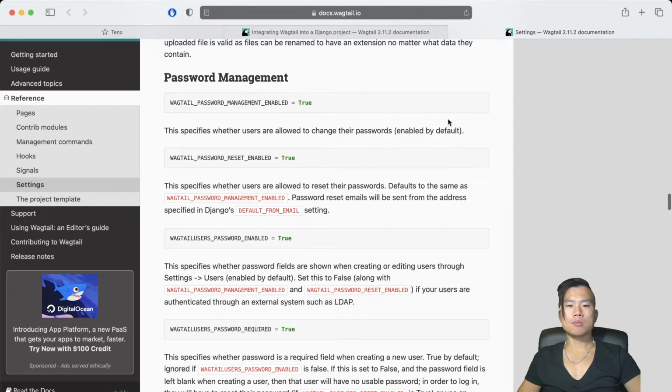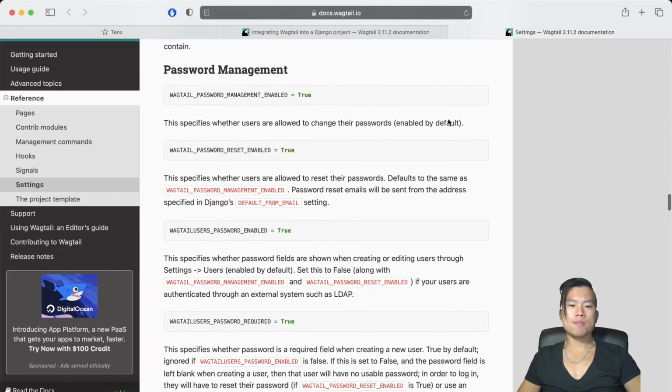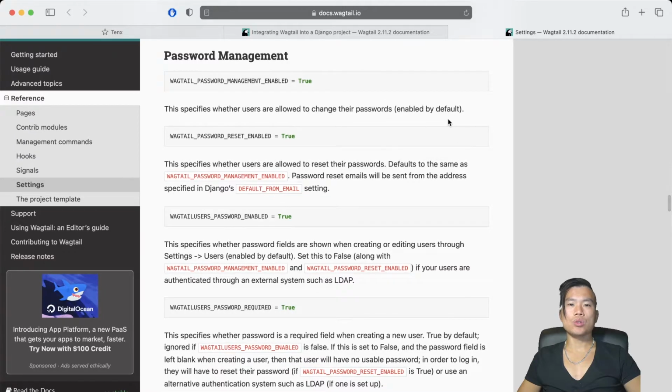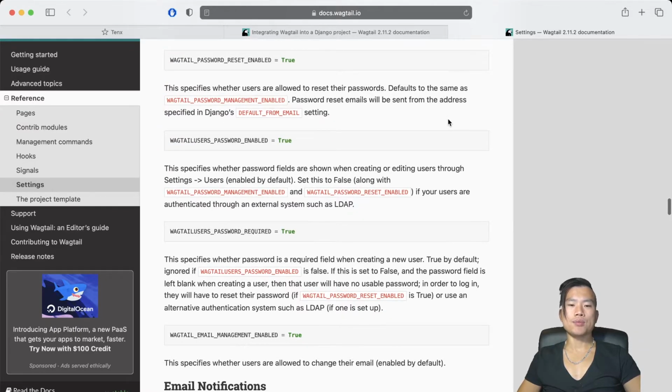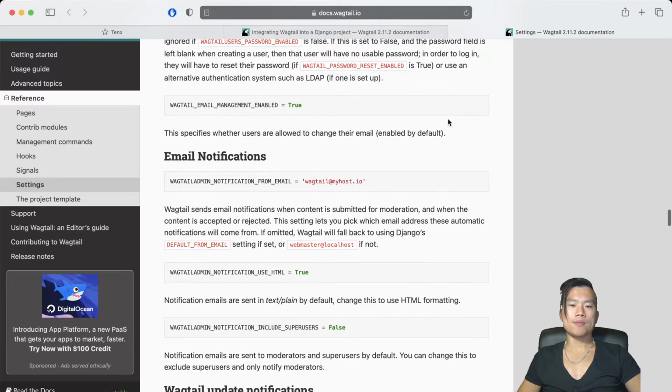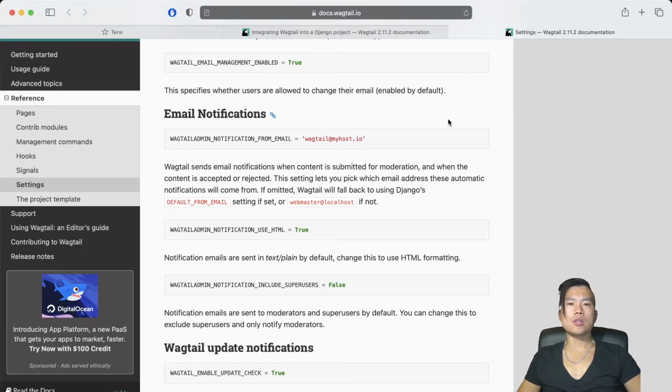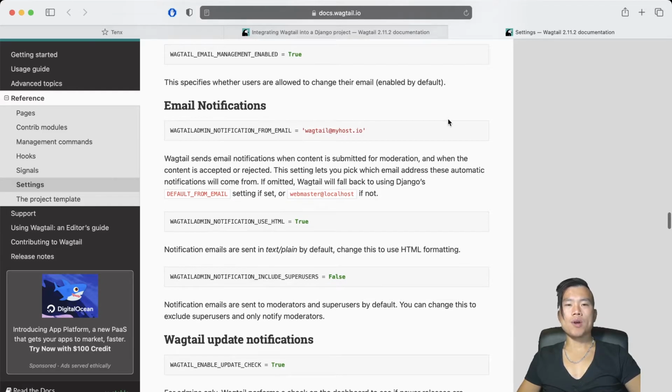Password management. This seems to be really important, and this setting is about allowing the user to change the password, which I guess there's no need to set up ad hoc. Everything should be turned on by default. So let's skip to email notification. Here you can set up your email account and you can receive a notification whenever there's an article that needs moderation. Again, I'm missing information if this is enabled by default or not, but since we are at the beginning, let's skip this setting and maybe return back to it later.